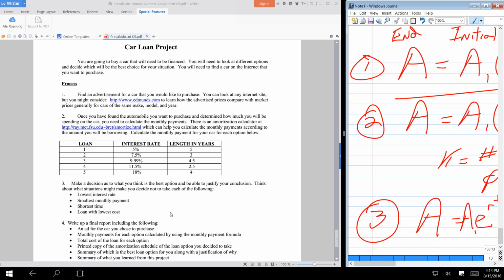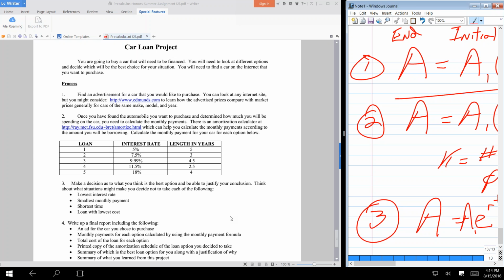Okay, so that's the way to do this. Step 1 is to go to that link and figure out what the monthly payment is on each of these 5 loans. And once you do that, the rest is kind of easy. Yeah, seems pretty easy. But you do need that amortization calculator. I'm really surprised they give you a problem like this. Yeah, especially since they haven't given you the formula for coming up with that monthly payment. There is a complicated formula for it. Like I said, I don't have it memorized, but